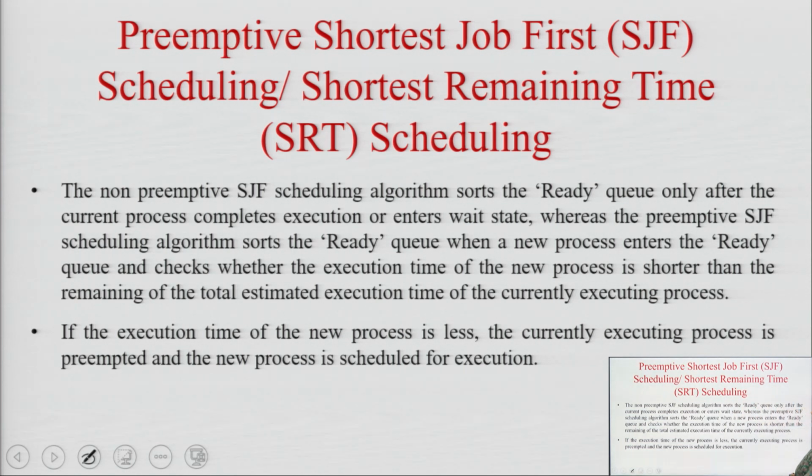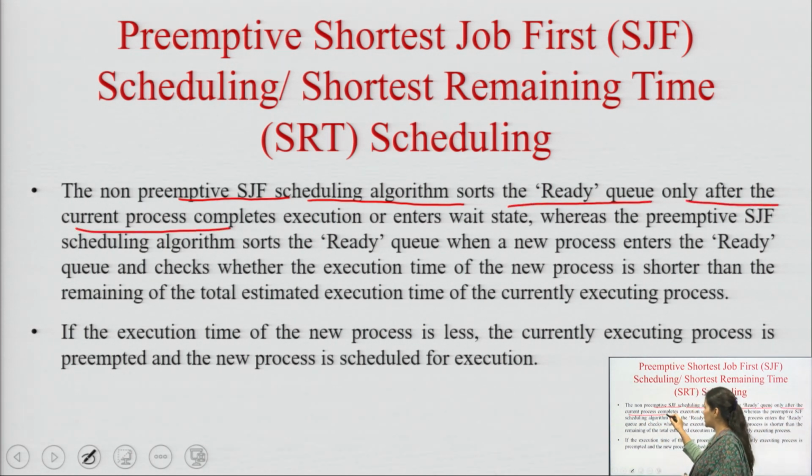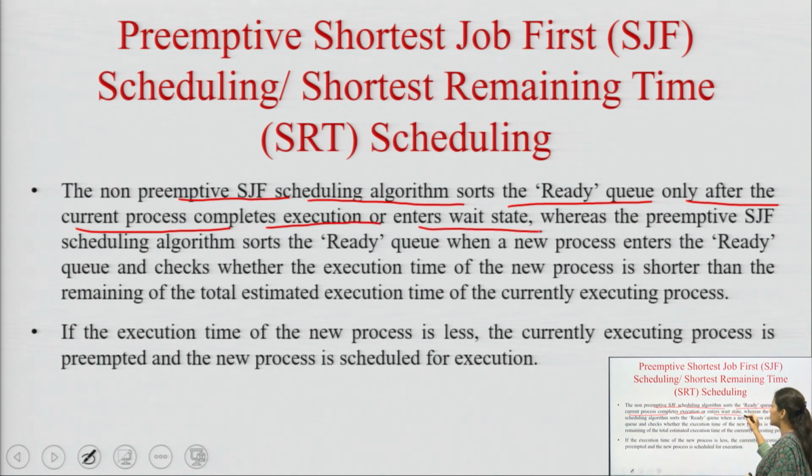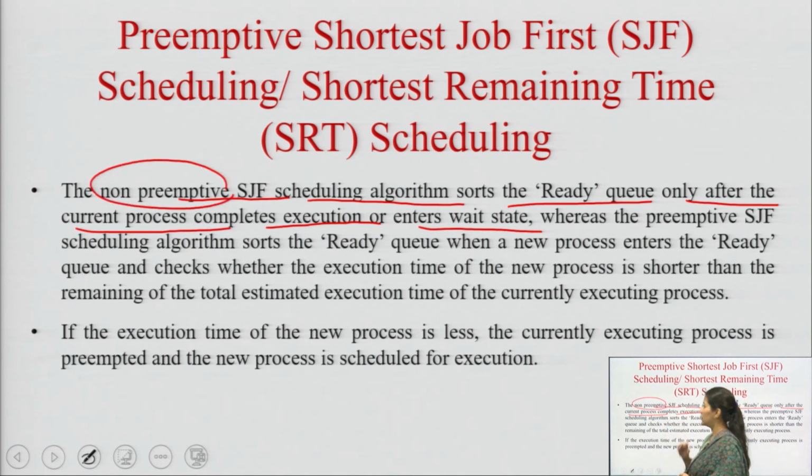First is preemptive shortest job first, that is SJF scheduling, or shortest remaining time scheduling, that is SRT scheduling. The non-preemptive SJF scheduling we have already discussed, and according to that it sorts the ready queue only after the current process completes execution or enters the wait state. Why was this happening? Because this was non-preemptive. So, there was no provision of preemption of the task, but on the contrary, in this preemptive shortest job first scheduling mechanism,